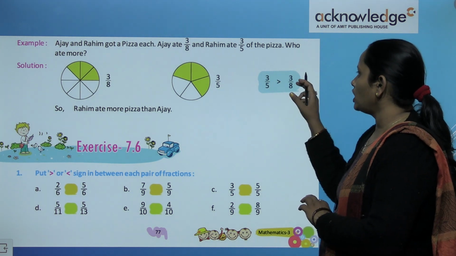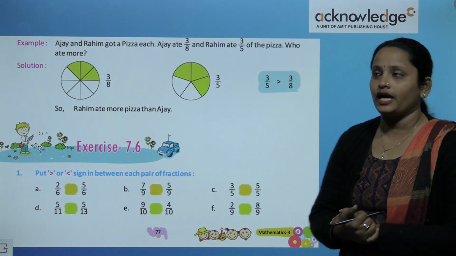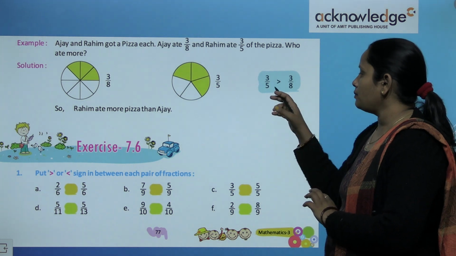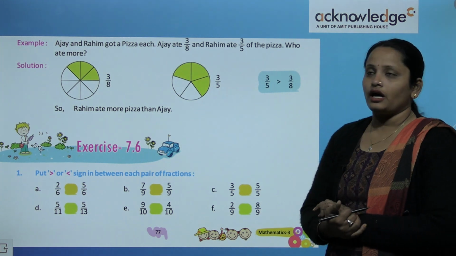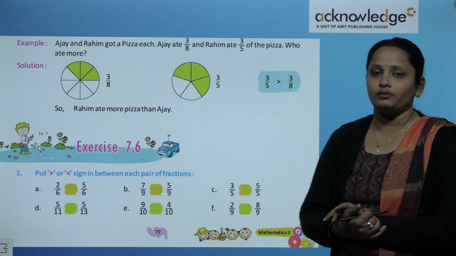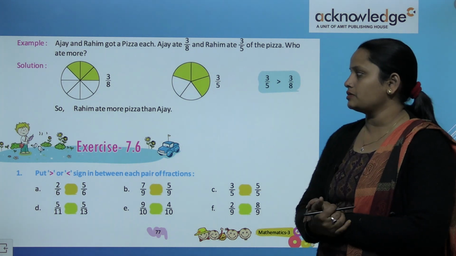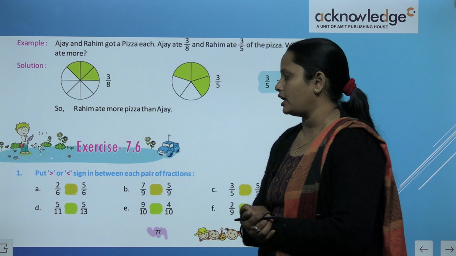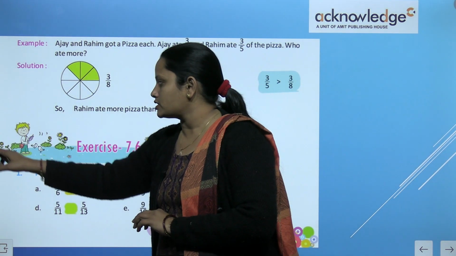तो आप देख सकते हैं दोनों का न्यूमरेटर सेम है, बट डिनोमिनेटर क्या है? चेंज है. तो जिसका भी डिनोमिनेटर छोटा है वो नंबर विल बी द बिगर. सो ये 3/5 इज द बिगर. रहीम ने ज्यादा पिज्जा खाया. सो नाउ चिल्ड्रन लेट्स डू दिस एक्सरसाइज